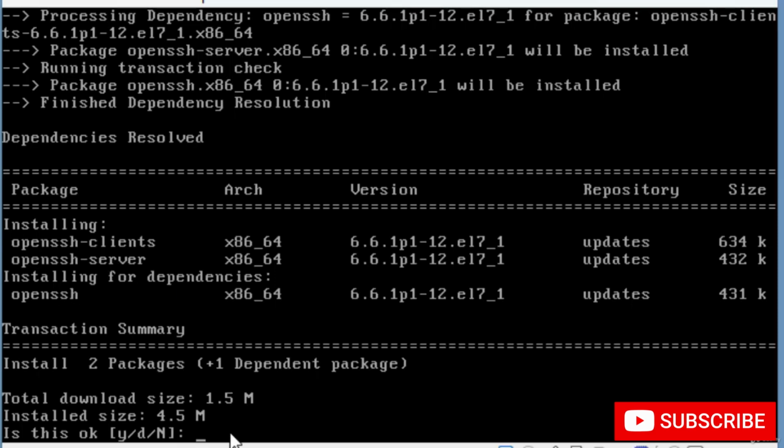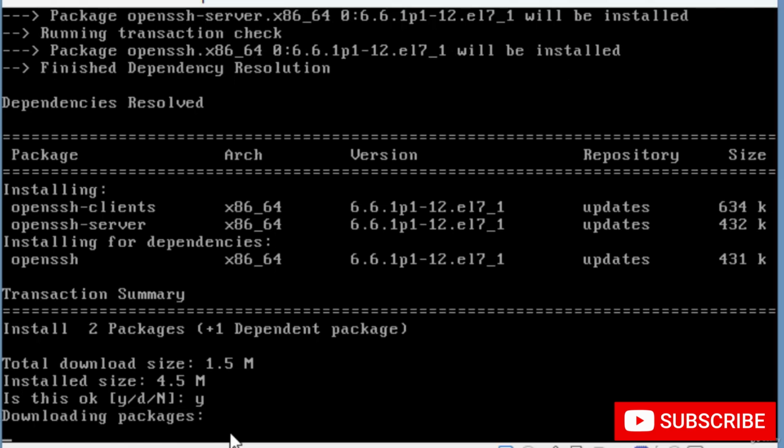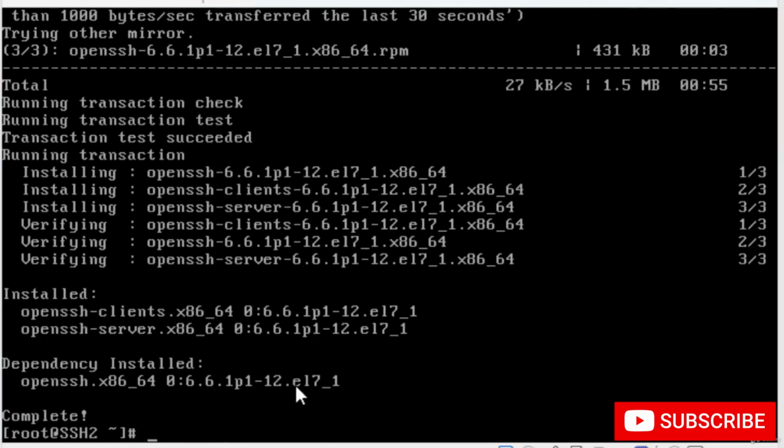Now type Y to continue the installation process and press enter. Now, as you see, the installation process has been successfully done, and we need to start the SSH service by running the command